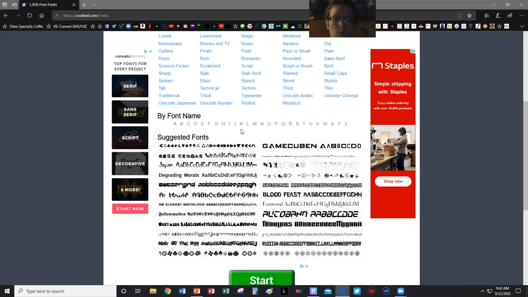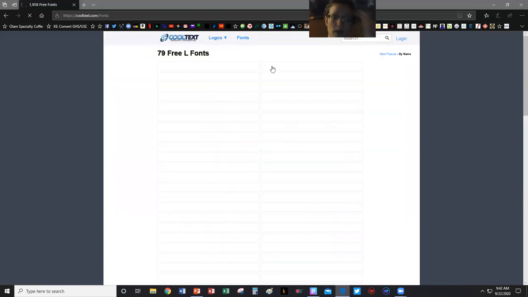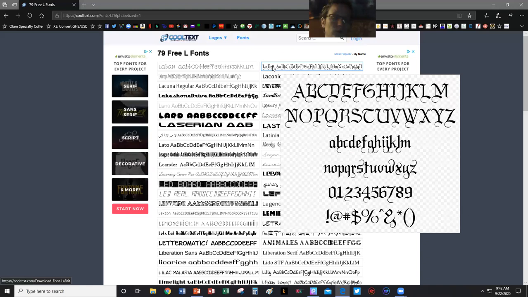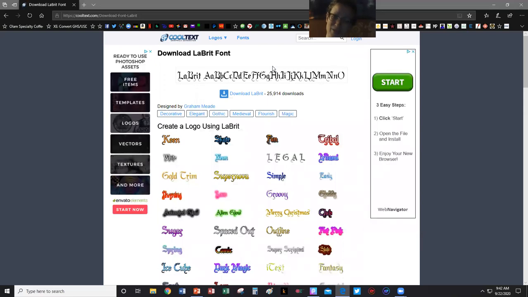What I like about Cool Text is all of their fonts are available by name alphabetically. So I don't have to sit here and think of what was the name of it, how do I find it? I write down the name of what it is. I have a log that I keep for everybody that I do graphic design work for on what they have chosen as a font they like. If they come back to me and say, I really don't like that font, I can tell them, go to Cool Text, look at all the different styles, find me the name of the font that you like, and we will utilize it.